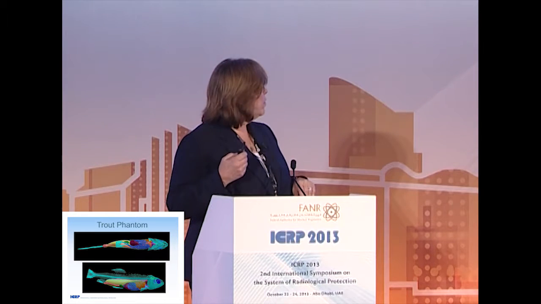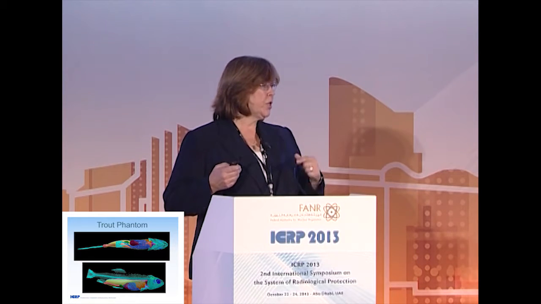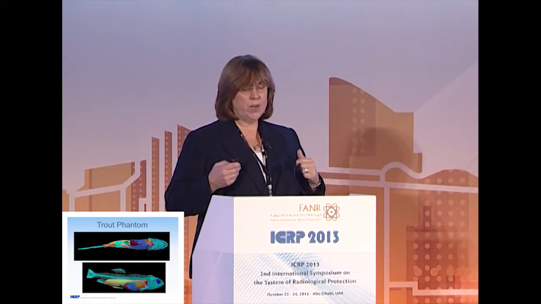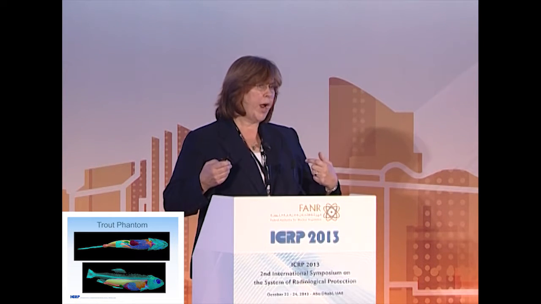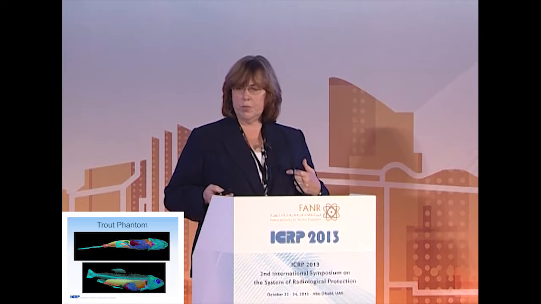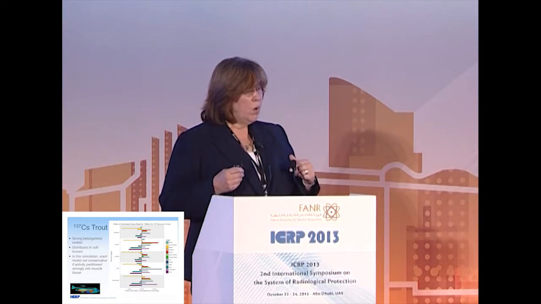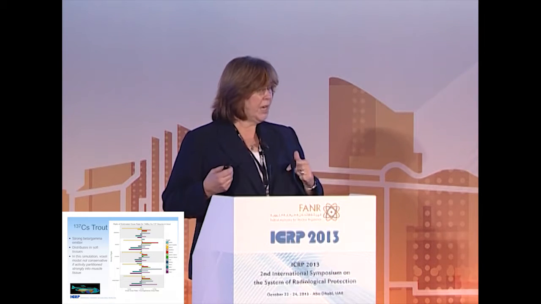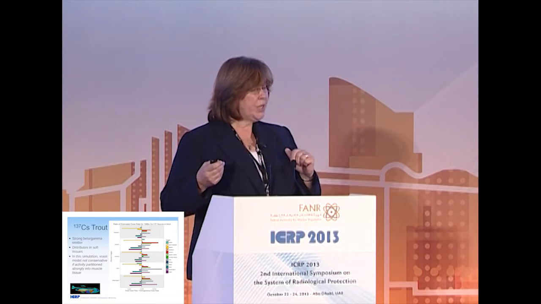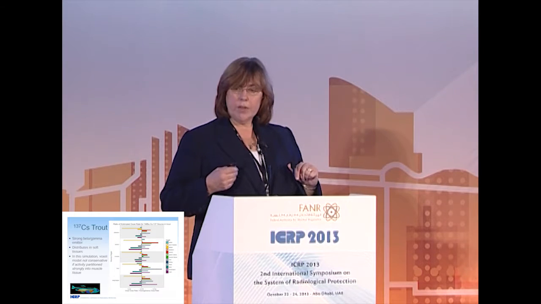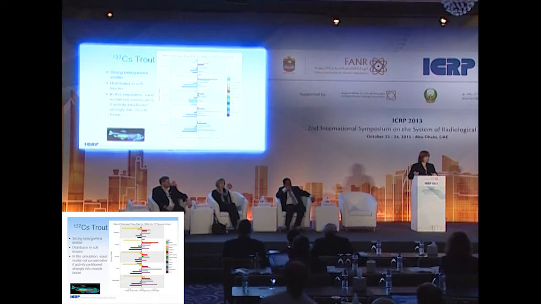The Trout Phantom is one of our most recent ones, probably the most detailed one that we have done to date. We're using this actually in conjunction with some folks at ANSTO to look at how radionuclides moving through the gastrointestinal tract may contribute to dose to the GI tract. So looking at cesium-137 in the trout, again, it's a beta-gamma emitter. It distributes in the soft tissues. And in this simulation, the voxel model is probably not conservative if you see it actively partitioned or highly partitioned into muscle tissue.